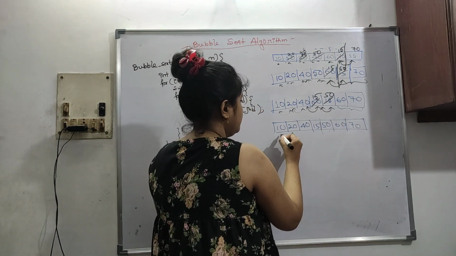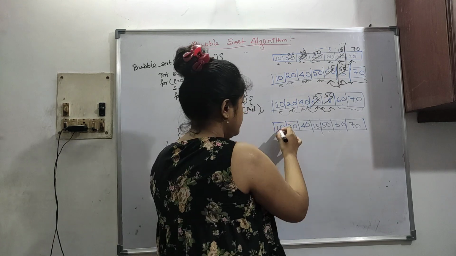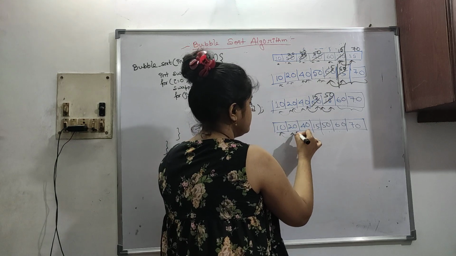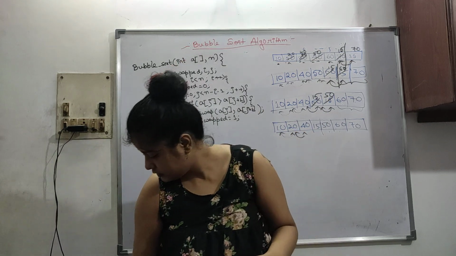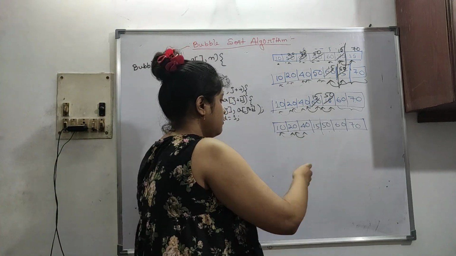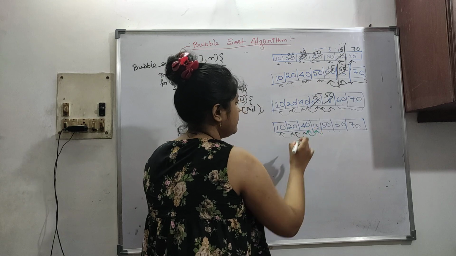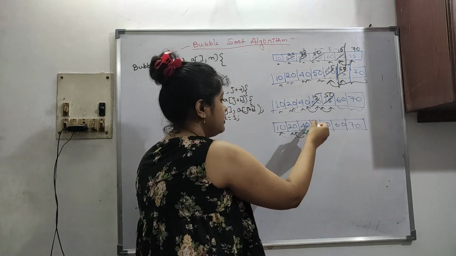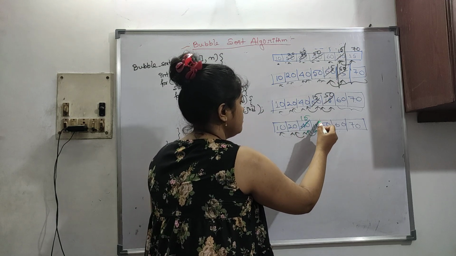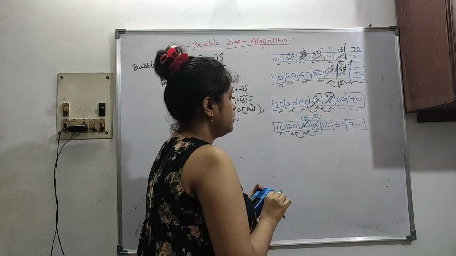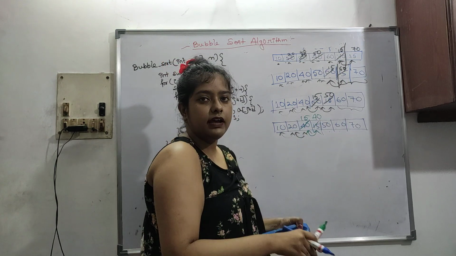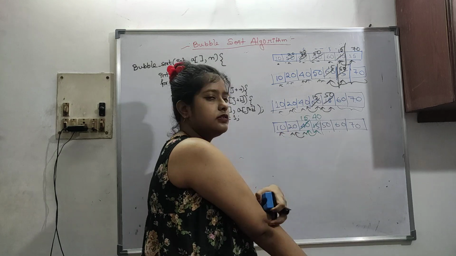So now 10 and 20, it is in correct order because 10 is less than 20. So now 20 is less than 40, it is also correct. So now next is 40 and 15. See very crucially, 40 is greater than 15, so we have to swap again. 15 comes here, 40 goes here. So now 40 is in correct order because 40 goes to the right and 40 is higher than all these elements and it is in sorted order.